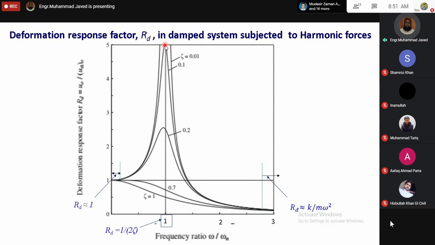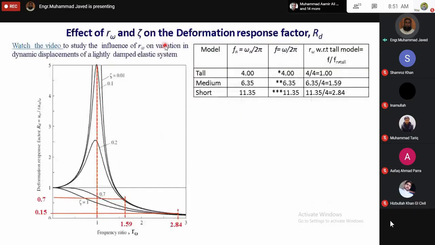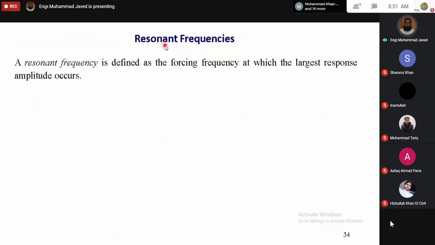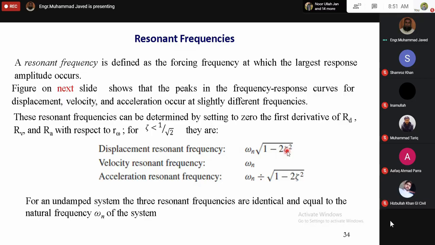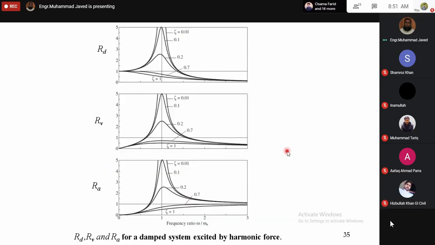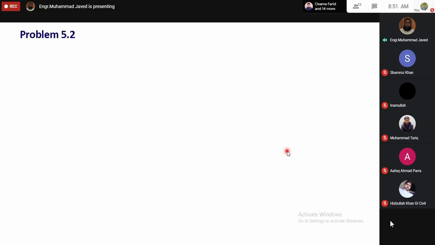तो resonant frequency basically that is the frequency at which we get the peak response or at which the deformation response factor has peak value। और यहाँ पर हम चूंकि डिफॉर्मेशन रिस्पांस फैक्टर की बात कर रहे हैं तो इस पहली इक्वेशन पे आप एम्फेसाइज करें, डिस्प्लेसमेंट रेजोनेंट फ्रीक्वेंसी दिस कैन बी कैलकुलेटेड by omega n into square root of 1 minus 2 zeta square। अगर आप कोई क्वेश्चन पूछना चाहते हैं तो पूछ लें, वरना फिर एक प्रॉब्लम सॉल्व करते हैं।